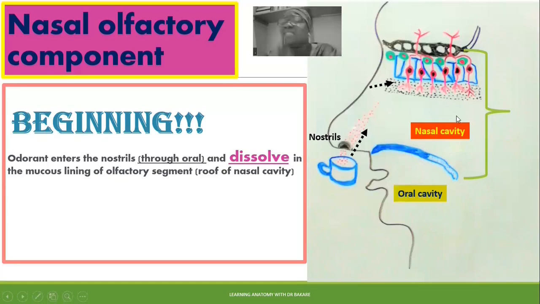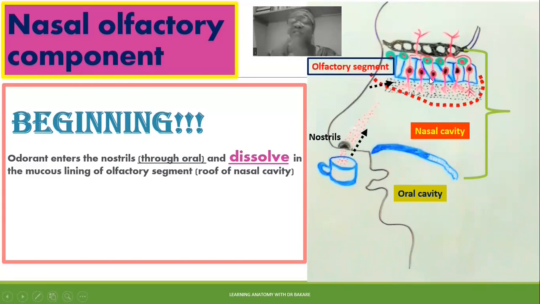The nasal cavity is also further subdivided into two, and of course this demarcation is created with this dotted red, and the region that is located above this region is the olfactory segment, which means that the olfactory segment is seen at the roof of the nasal cavity. Because if this is the entire nasal cavity and the olfactory segment here is located above this point, it means that it is located at the roof or the upper part of the nasal cavity,